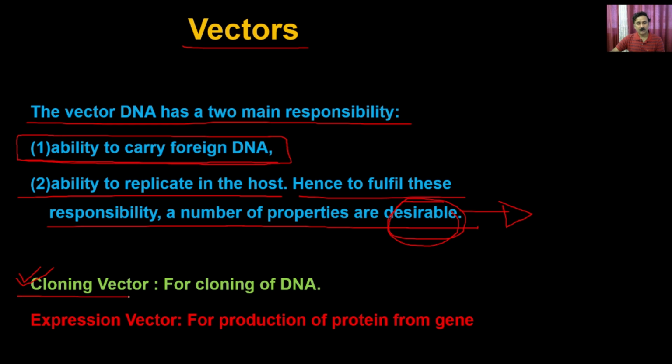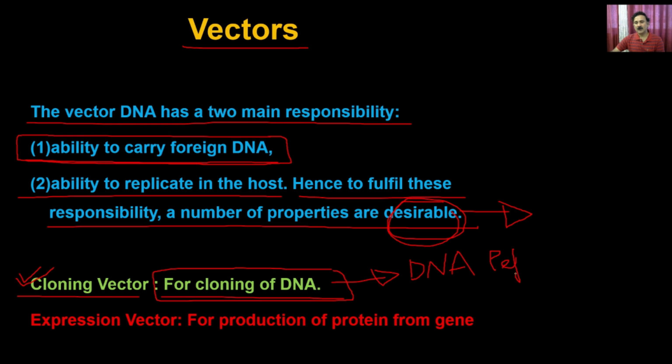You can use the cloning vector, which is used for the cloning of the DNA. So what is the use of the cloning vector? The cloning vector is always used in places where you are interested to study a particular type of process. For example, if you are interested only to study DNA replication, in these cases you can use the cloning vector, or in some cases you are not interested to express anything,